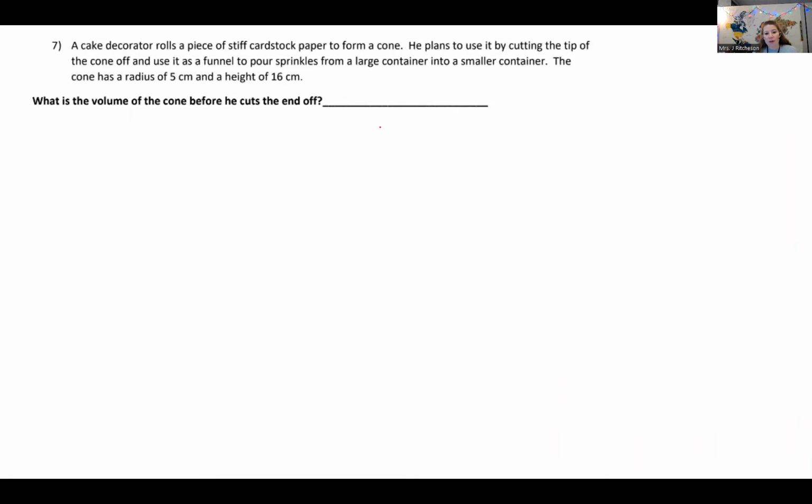So let's start with our formula for a cone. For volume, it would be 1/3 times pi times radius squared times height. It doesn't say, but let's go ahead and use 3.14 for pi. So I'm simply going to plug in what I have. Pi is 3.14, and then our radius is 5, so we're going to square 5, and we're going to multiply it by our